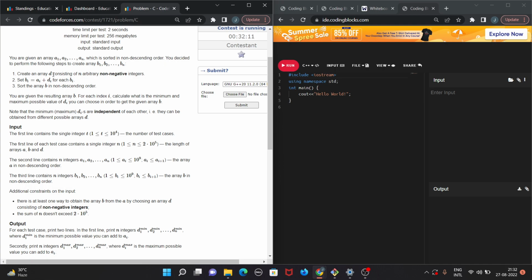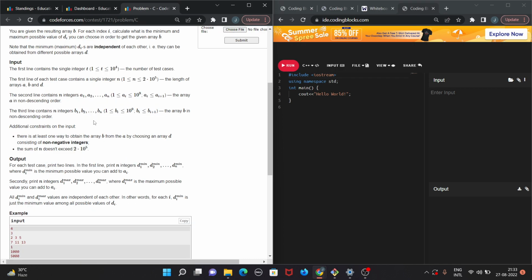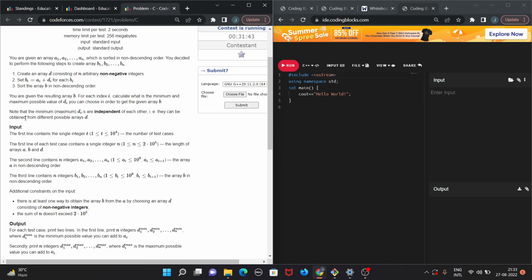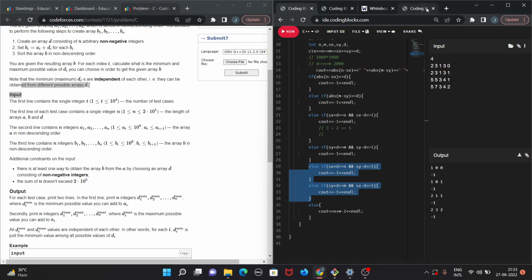Create an array D consisting of n arbitrary non-negative integers. Set Bi equals Ai plus Di for each i. Sort the array B in descending order. Given the resulting array B, for each index i calculate the minimum and maximum possible value of Di you can choose in order to get the given array B. Note that minimum and maximum Dis are independent of each other. They can be obtained from different possible arrays D. So, what they're trying to tell us is that